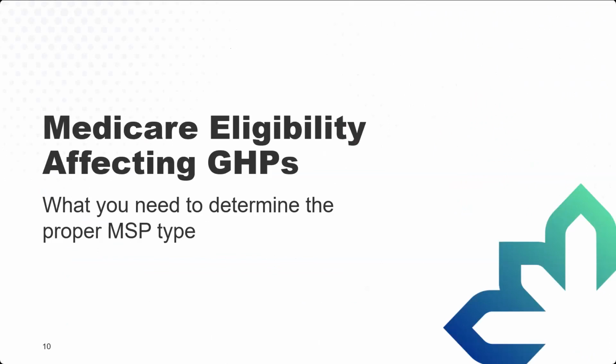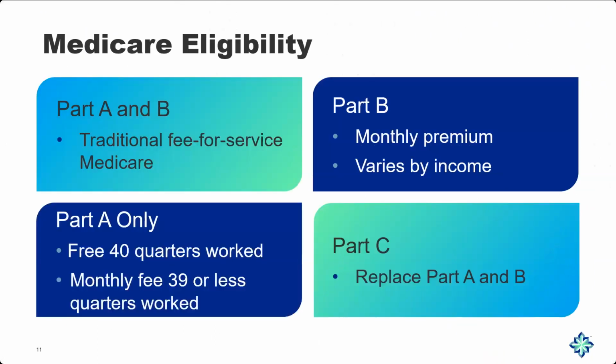So this is where we get into defining the subcategories, because the Medicare eligibility is what affects the group health plans, and it affects the number of employees on that plan, and it affects what you get that for. Now, that means you would have different types of items that are definitely affected, and how does that affect based on Medicare eligibility? The first thing I want to remind everybody is Medicare Part A and B is referred to